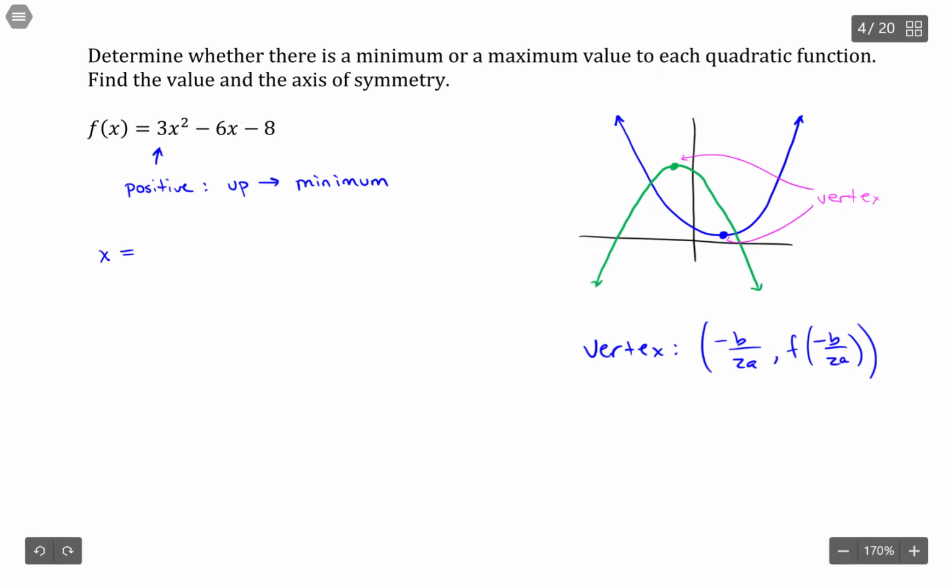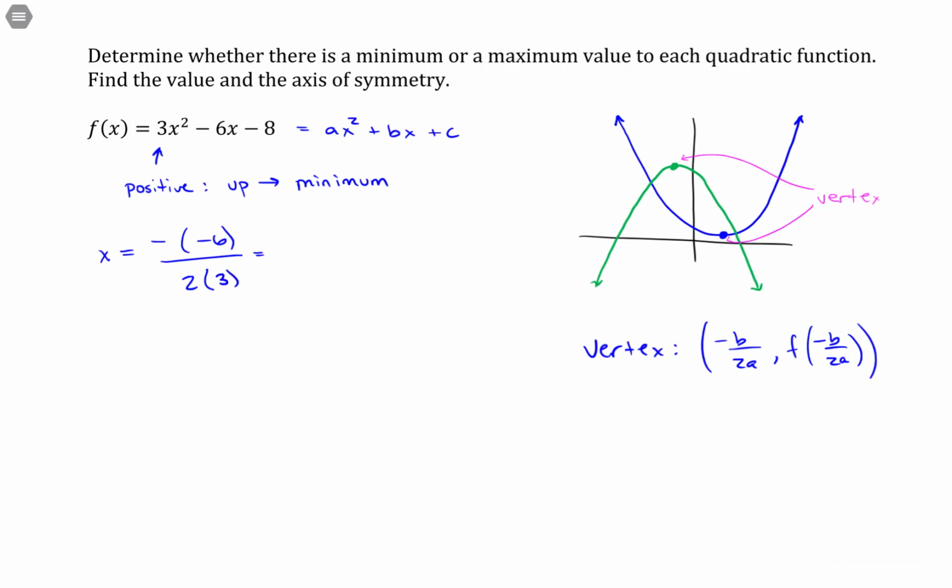Well, the x location of it is going to be negative b, where the general form of the quadratic is ax squared plus bx plus c. So b is the term multiplying x, so the opposite of negative 6, divided by 2a, so 2 times the value of a. So this would be the opposite of negative 6 is 6, 2 times 3 is 6, so x is at 1,